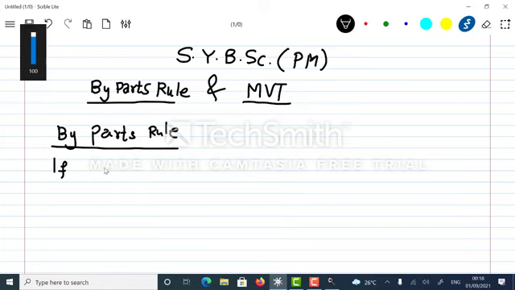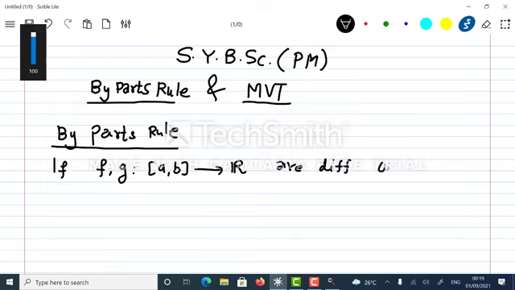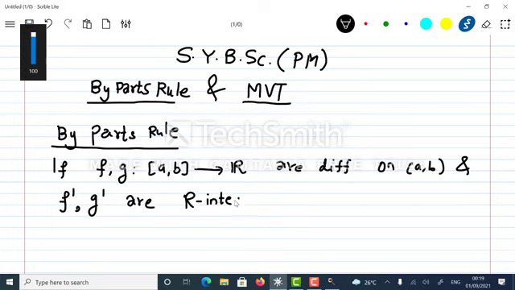If f and g are two functions defined on closed interval a comma b, and are differentiable functions on open interval a comma b, and f dash, g dash, meaning the derivatives, are Riemann integrable on closed interval a comma b, then